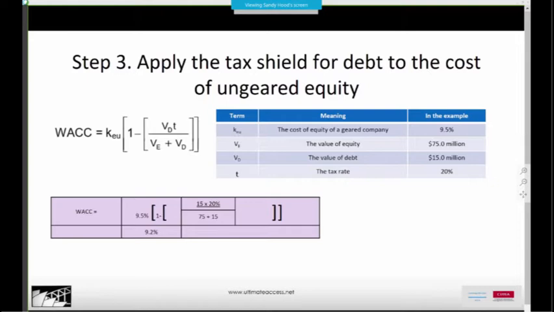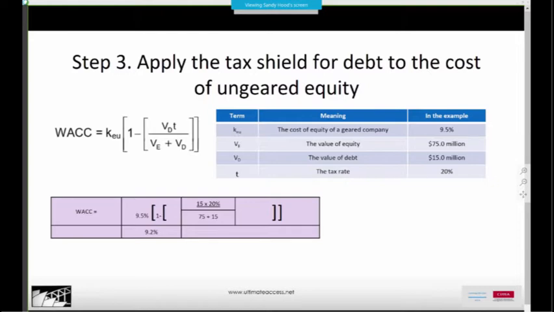And here we've got 9.5% times 1 minus the tax saving divided by the cost of equity plus the cost of debt, divided by the value of equity plus the value of debt, and that gives us an overall weighted average cost